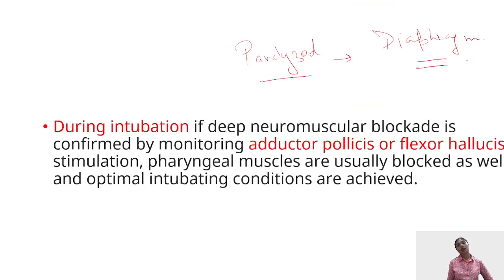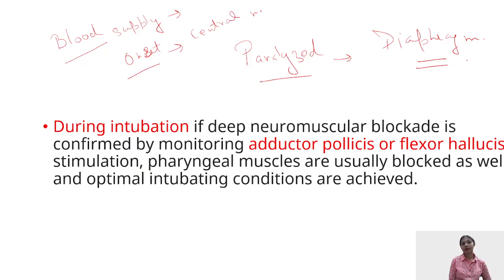This is possible because the blood supply of the diaphragm is very high, and the drug that is delivered to the diaphragm or the central muscles is also high. A very high dose is delivered to them. That is why the onset of neuromuscular block is also fastest in your central muscles, and it is a bit slow in your peripheral muscles. Okay, and in between lie your pharyngeal muscles.